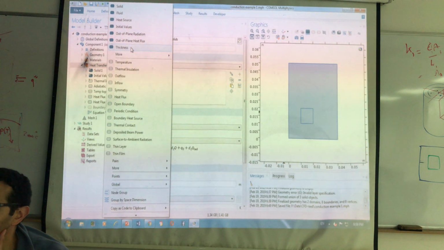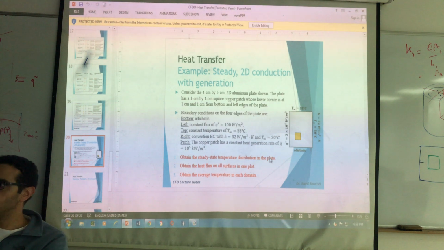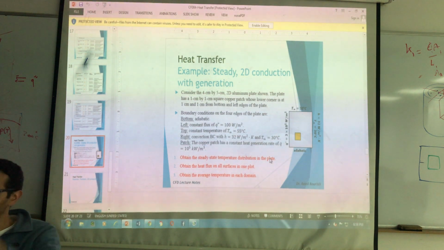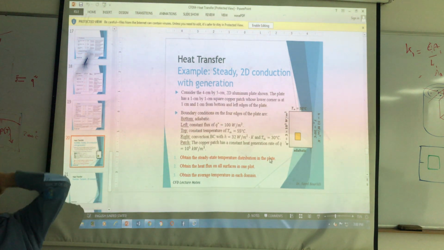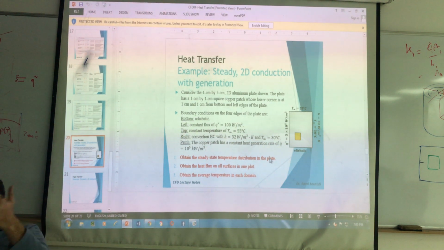So I could apply a thickness. Of course this has thickness. 2D aluminum plate, 1 by 1 square feet. There is no thickness. Otherwise, if there is no thickness, I could assume what? That it's 1. It's unit thickness. I don't care what happens. It's a unit thickness. It won't matter much. If I assume it's infinite, mathematically, numerically here for my case, it doesn't matter if